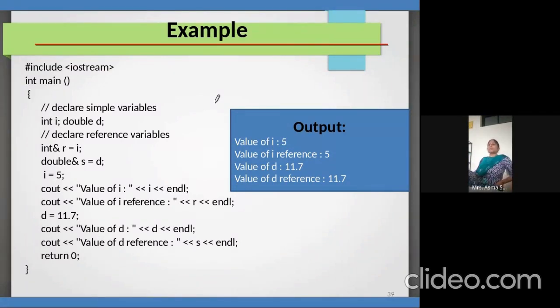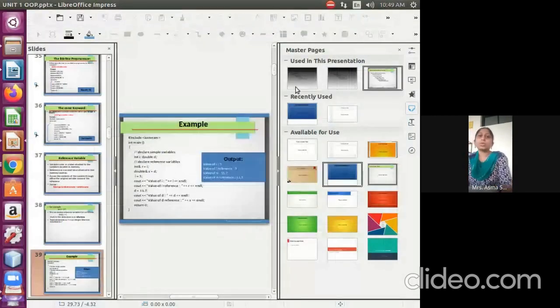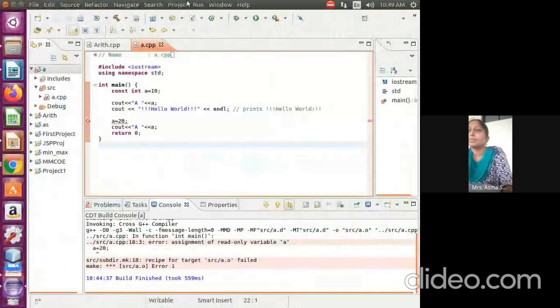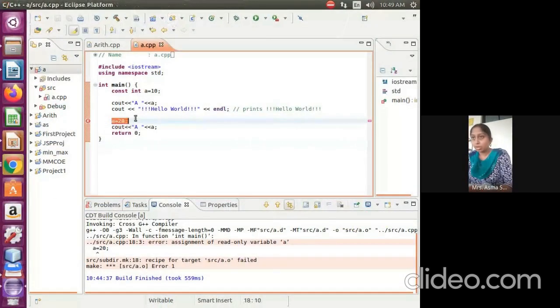One minute, students. I can give you an example with code; it will be better. If we see the coding, I can share the specific meaning of the ampersand. Here a is equal to 10, and I am printing this a value.